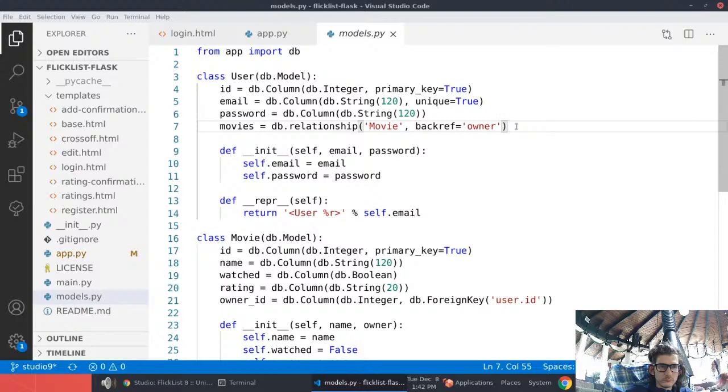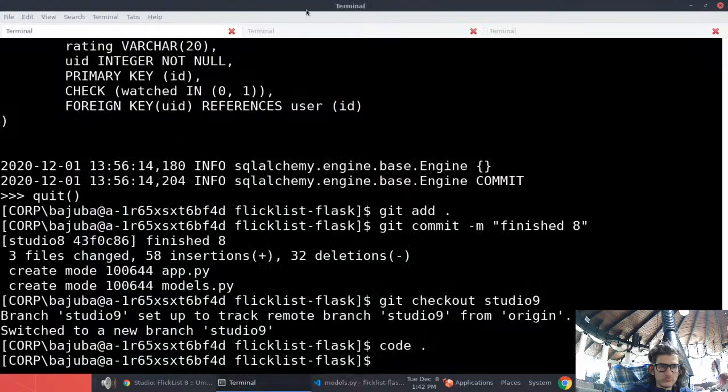Okay, so in the database, we don't want to store inside the table for users every movie that they've entered, right? Because that would create a lot of extra columns. It would just be unfeasible. So what we did was we added an ID for the user ID inside of the movie class. So when we store a record there,